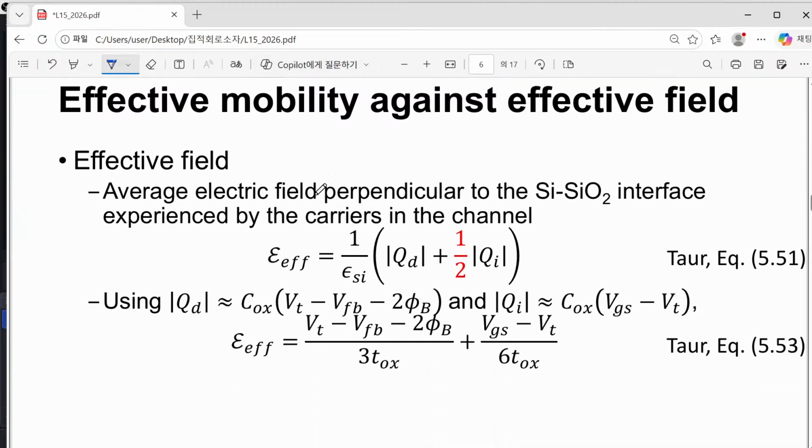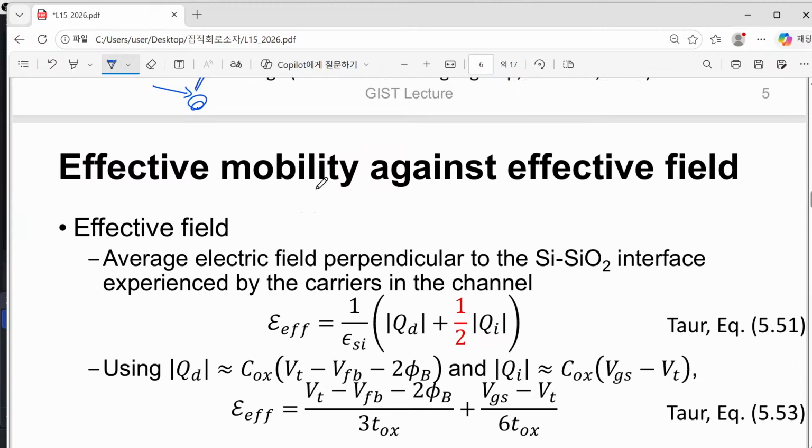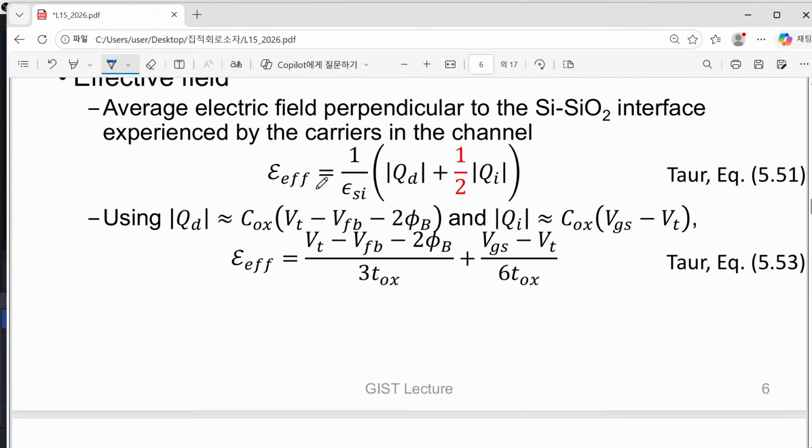So that is the physical origin, though I think this is not that rigorous a discussion. I'm just trying to convince you so you can qualitatively understand the behavior, so we need a more rigorous treatment. But anyway, you can feel that this is the main mechanism to reduce electron mobility. So now you can understand